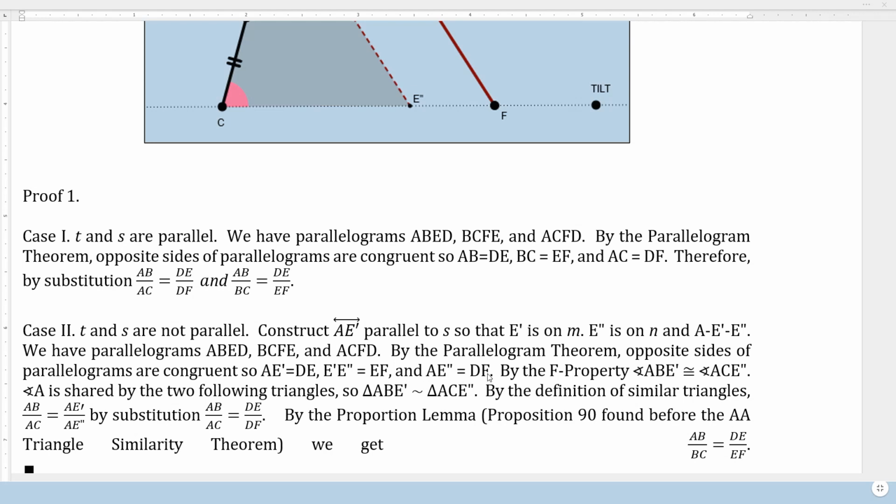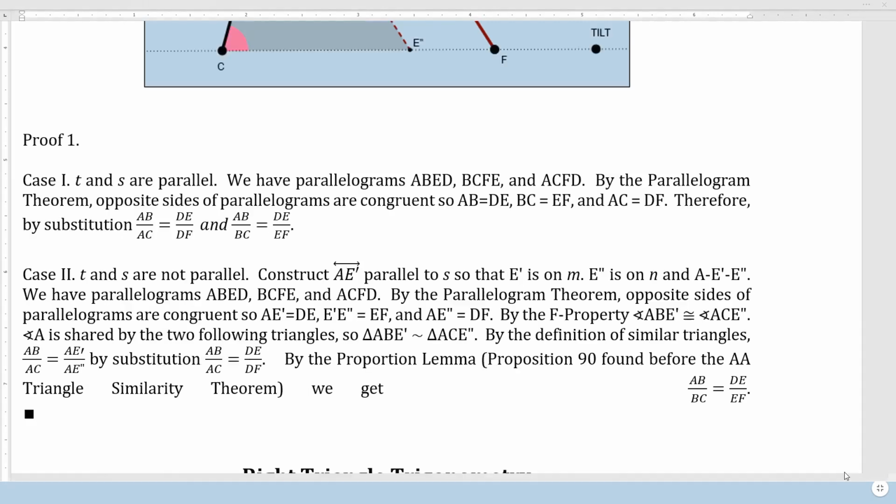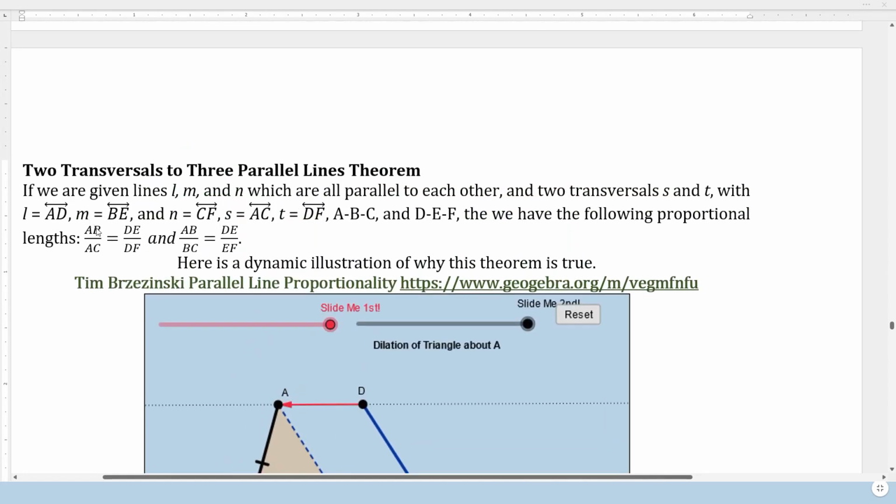AE double prime is DF, and AE prime is DE, so substituting that in, and there it is, that's the second part. That's the first part we were trying to prove, and we can get from here to here